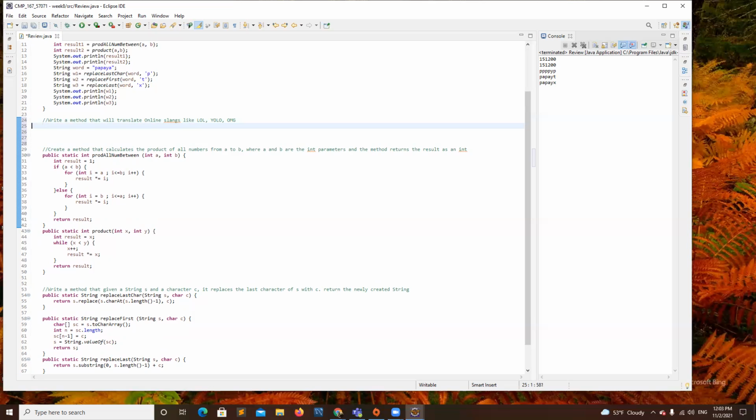This method will not return anything. It's going to display. This method will take the slang in as a string parameter and display their meaning.